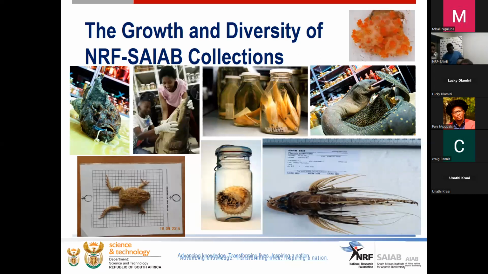And this year's theme is be part of the plan, which is essentially a call to action for all of us to be part of the reversal of the loss of biodiversity because of climate change and anthropogenic effects. As part of being part of the plan, our speakers are going to talk about some of the work that we have been doing, particularly with the use of the collections, how storing materials in the collections and how that material can be used in order to reverse that, as well as work that we are doing as part of the freshwater group. So I think now that the technical difficulties have been overcome, I can hand over back